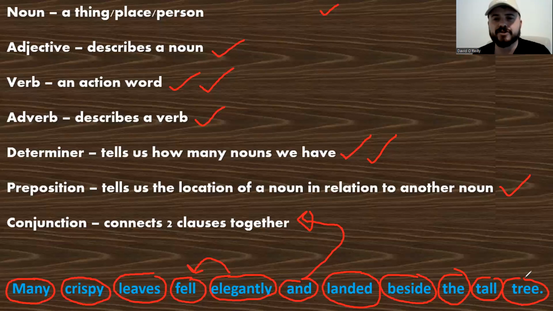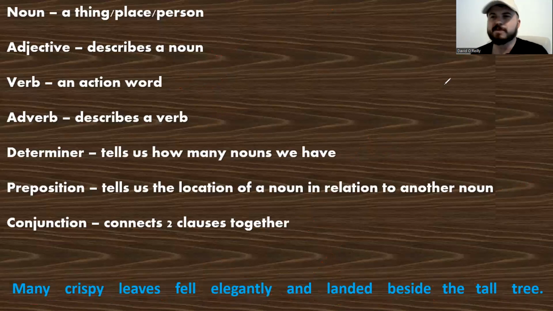All right. So this sentence uses all of the word classes, and that's what we want to be doing. Now, when we do creative writing, we don't want to put every single word class into every single sentence because that's way too much. But we do want to use a good variety of word classes throughout our entire writing. In other words, if we're writing a short story, we want to make sure that we've included every word class, not necessarily all in one sentence, but we've considered every word class and used it where we think it's appropriate.